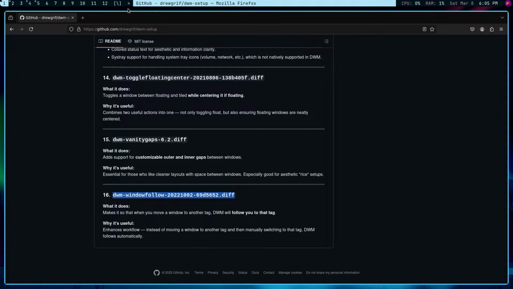Now, what does this do? I'm able to, if I hit super shift and then 7, you couldn't tell, but basically